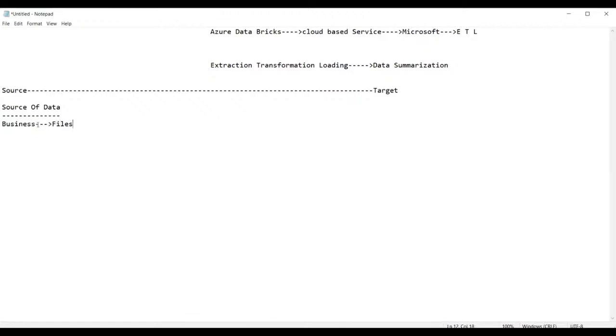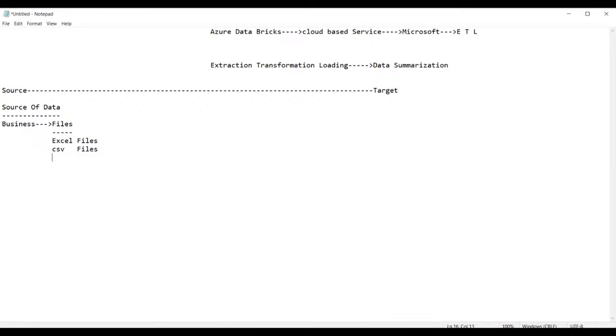Whereas this data is recorded in the form of what? Files. So what are the types of files you have? The files are the following. We can have Excel files, and we can have CSV files, which stands for comma separated value files. Excel files, comma separated value files, and you have